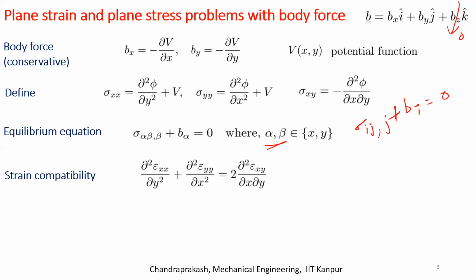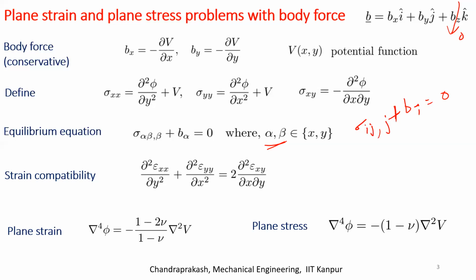And then you write the strains in terms of stresses, okay? And then you use the equilibrium equation, right? And you do all this mathematics for plane strain, you will end up with this kind of formulation. Likewise, you do it for plane stress, you will end up with this as the governing equation. As you see, if the body force is absent, which means the potential V is 0, then both of these terms will be 0. This is a straightforward algebraic